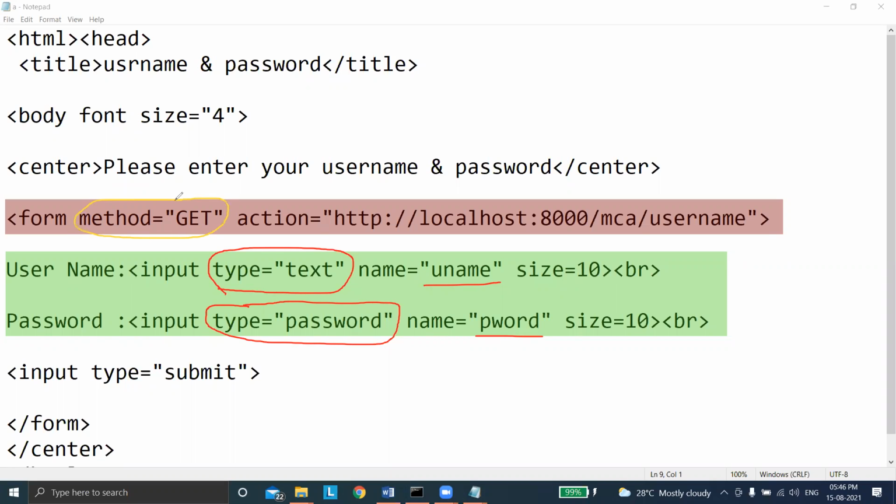Here, in this case, I'm going to pass two values to the server. One is username and the other is password. So always remember one thing. When we are going to pass only one or two values to the server, the method can be get. If I'm going to pass more than two values, then instead of get, we have to use post. Now the next attribute is